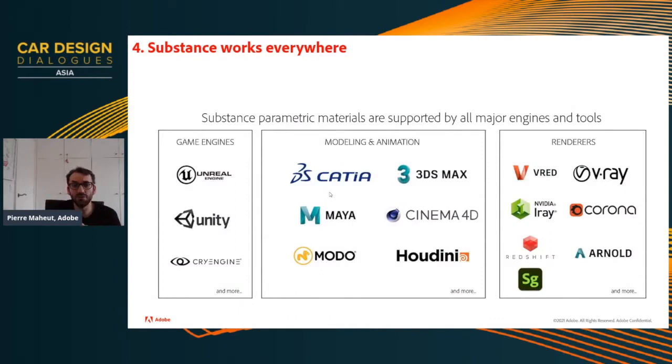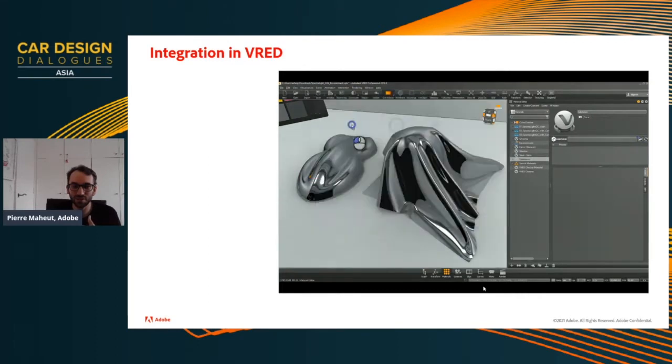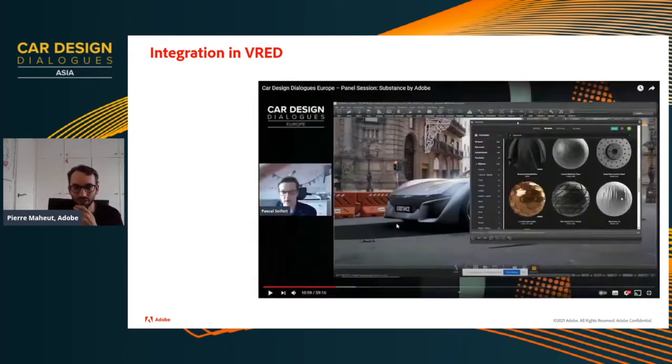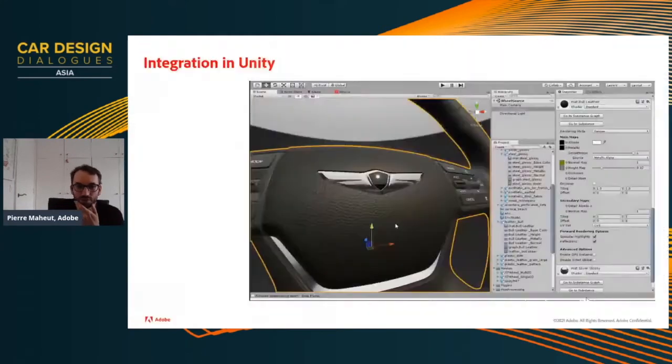And finally, when you have a library of digital materials based on the Substance format, you can reuse it in any kind of tool, from Unreal, Unity, to CATIA, to Cinema 4D, to VRED. We made a dedicated session last time for Car Design News Europe, which you still have the recording of, about how to use Substance materials within VRED. I won't dig into the detail, but again, you will get the parameters, the presets, and the different resolutions directly within VRED. So I encourage you to watch it. And here, the kind of final result you can get out of VRED.